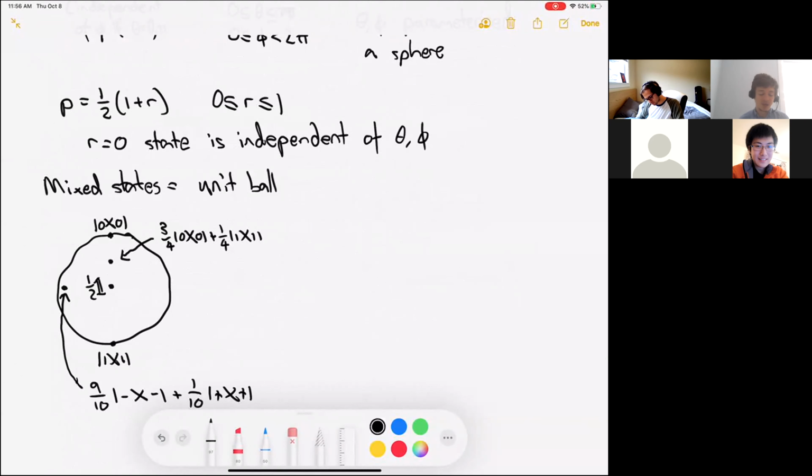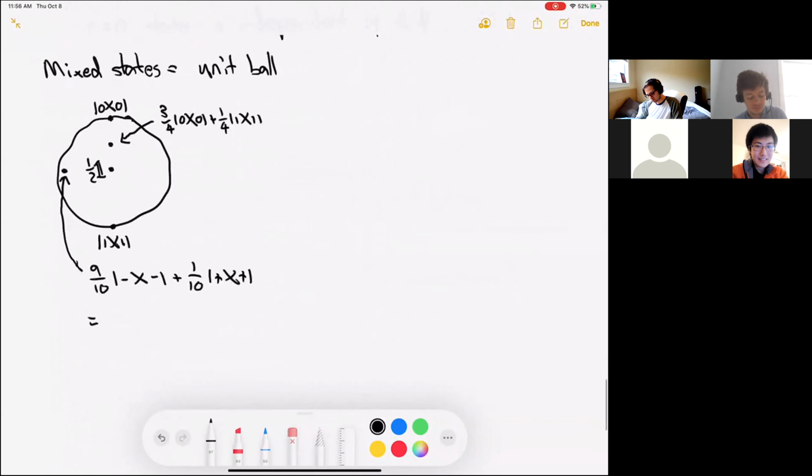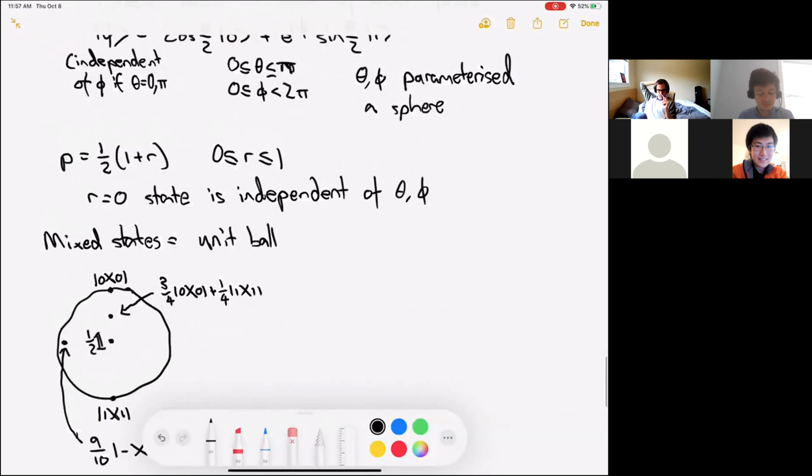We could also, for example, have an 80% probability of it being minus, and 1/10 probability of it being 0 and a 1/10 probability of it being 1. Okay, that's a different ensemble. It's a different probability distribution for the state, but it gives exactly the same density matrix when you add these up. And so it gives exactly the same physical observables. So there's no physical way to distinguish the two ensembles.